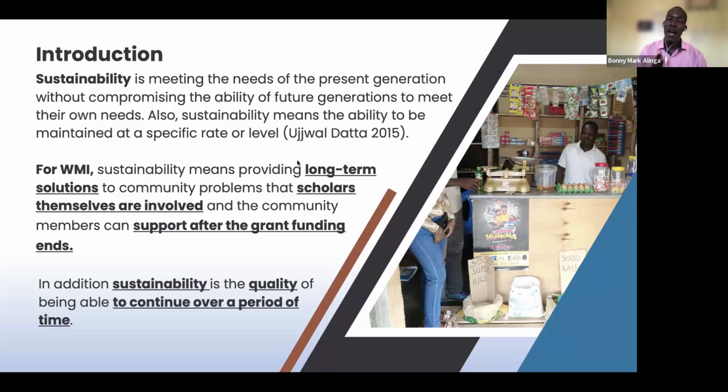And therefore, sustainability is the ability of something being of good quality and being able to continue over a period of time without necessarily running out of resources and drying up. Resources may be in terms of human resource, finance, materials, name them. So a very wide range of resources that we are talking about here, including the community involvement in your project or in the lifetime of your project or initiative as well.